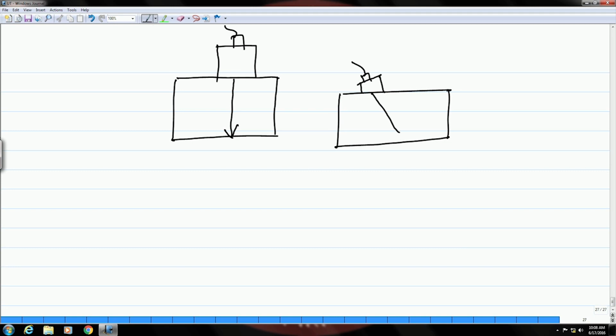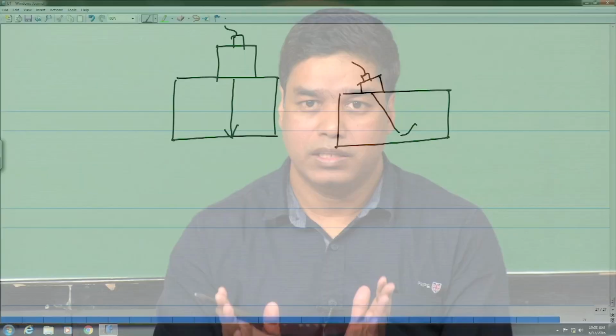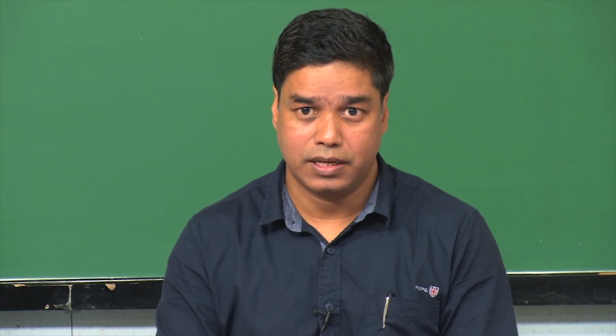Okay, because there could be cases, as I would have said before also, where the defects and flaws might lie at an angle, or the part itself is such that you need to send the waves at some angle. Okay. So, this is the scenario which is